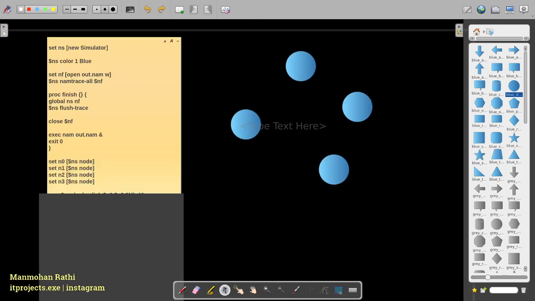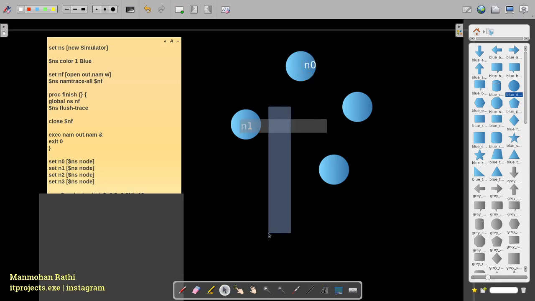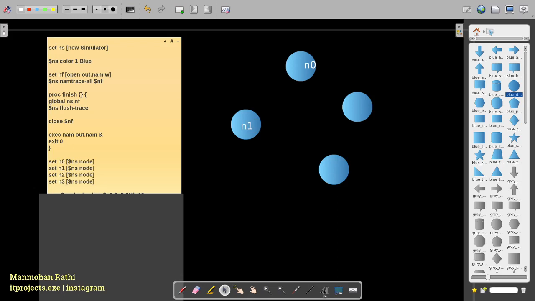Great. So we have N1 here. Now let's take another and create N0. Now let's create N2. So we have just created the 4 nodes, just like we have seen in the code. We have our 4 nodes ready here: N0, N1, N2, N3. Now let's go ahead in the code.